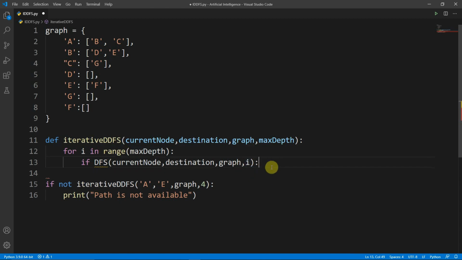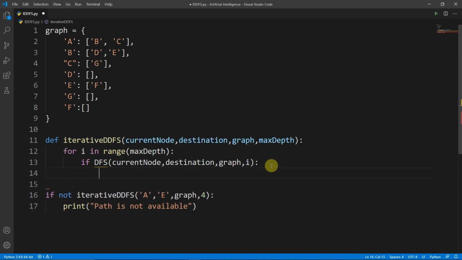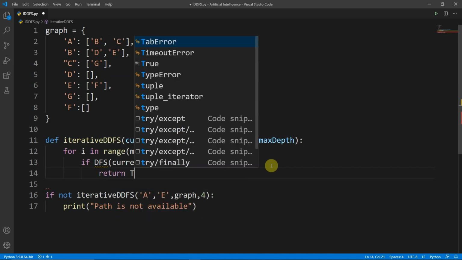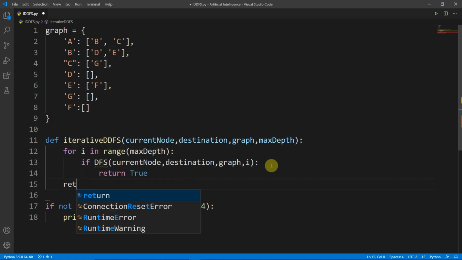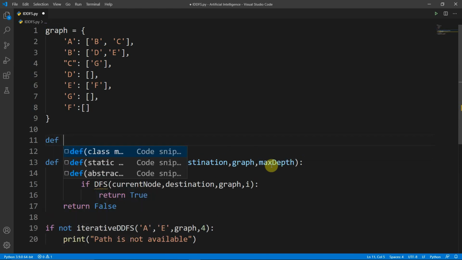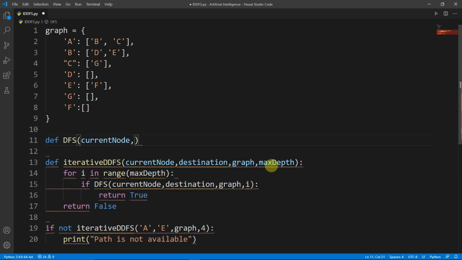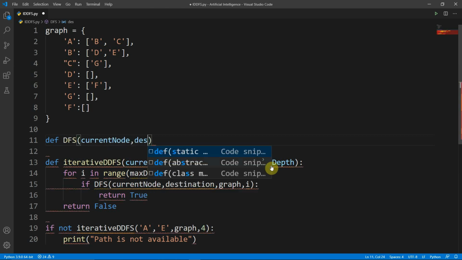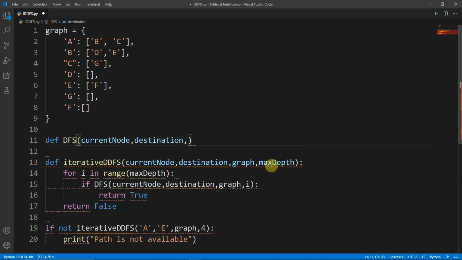So we are going to pass I, so it will pass 0 to our maximum depth, whatever we would have passed as our maximum depth, and if it finds the destination, then we will just return true, and if it doesn't we will just return false. And now let's implement our other method, DFS. Since it's going to take similar inputs, we have current node, we have destination, and then we have a graph,